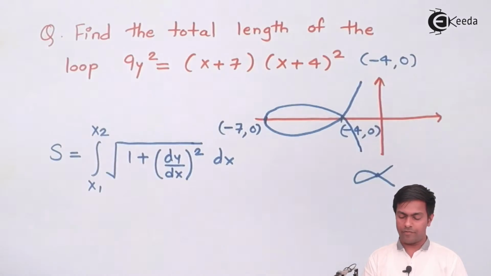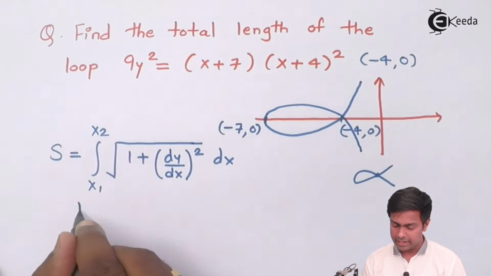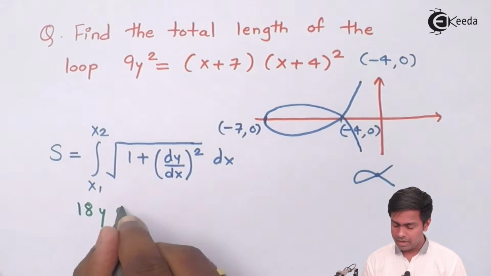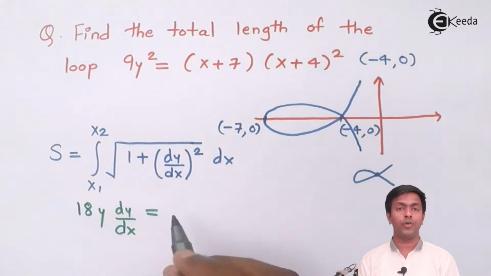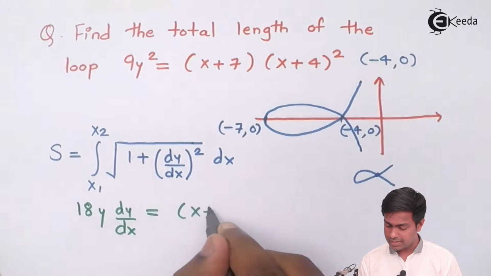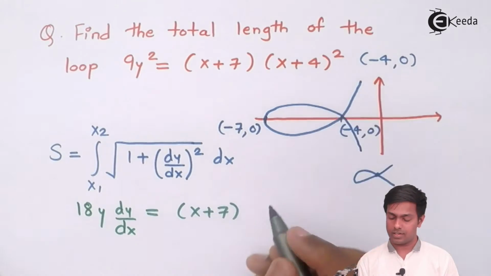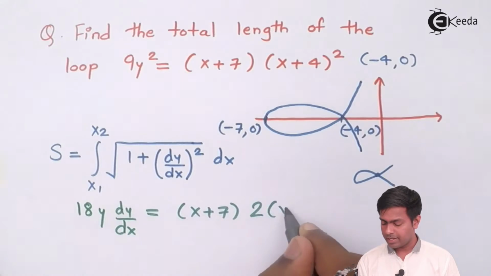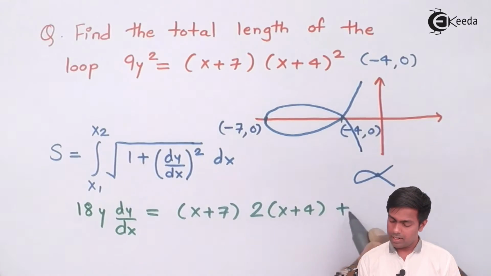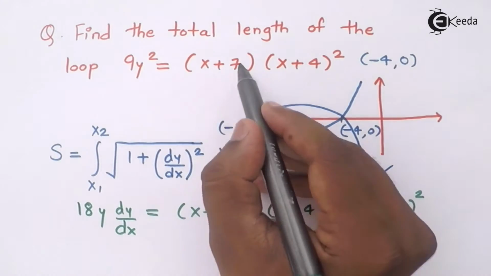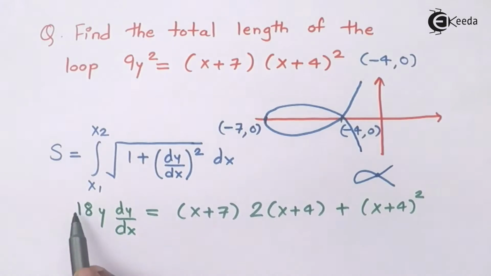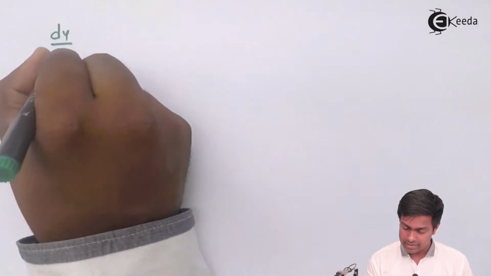By differentiating with respect to x, here we will get 18y into dy by dx equal to, and here we'll apply the UV rule. So it will be x plus 7 as it is, the derivative of this term is 2 times x plus 4, plus x plus 4 the whole square as it is, and the derivative of x plus 7 is 1. Now I'll take this 18y to the right hand side. So we will get dy by dx equal to,